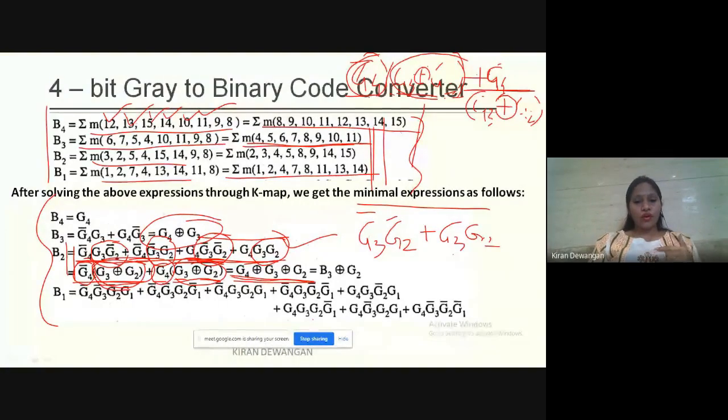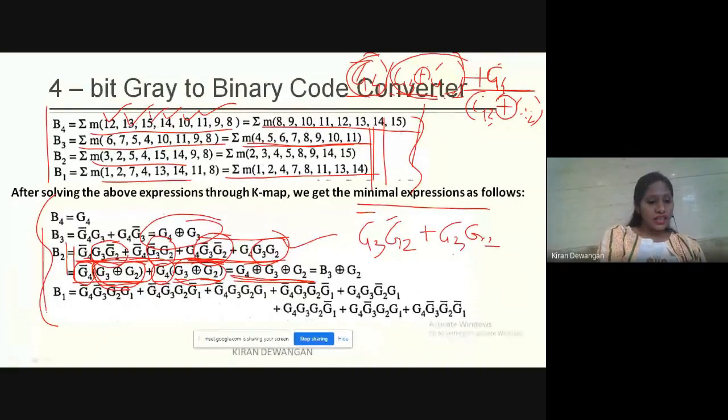Whenever I give homework, most of you don't post it. You don't send it to me. I don't understand why, because the thing is you people don't try at home. Just try it out at home today. Convert 4-bit gray to binary. This is going to be your homework. Design 4-bit gray to binary, basically.